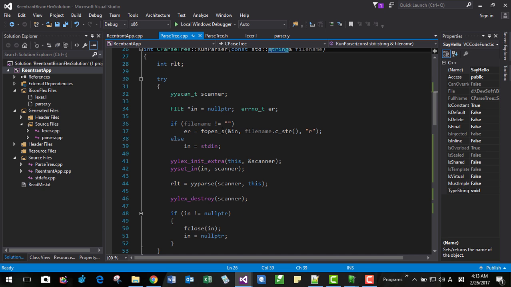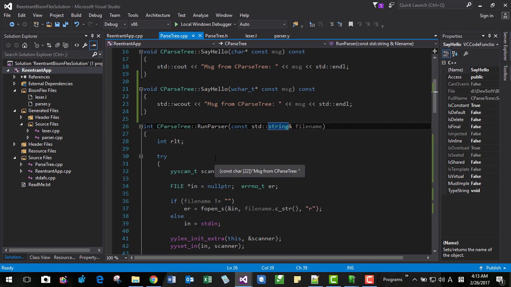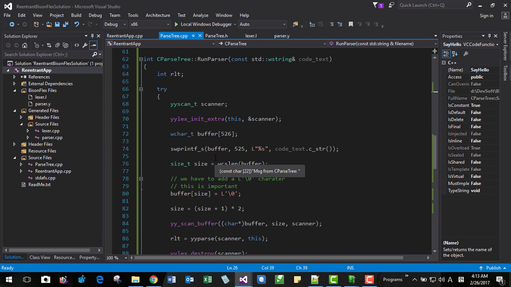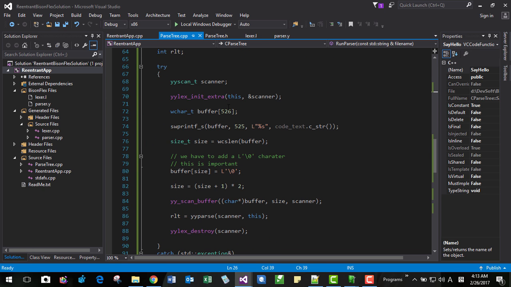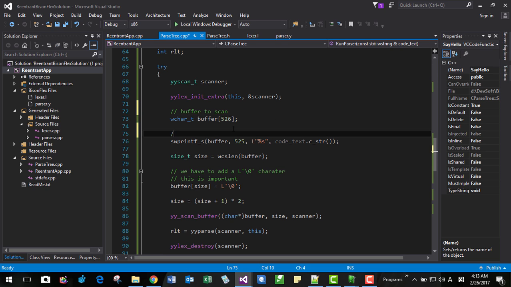First, we do not need this one. We need a buffer to scan, then fill the buffer